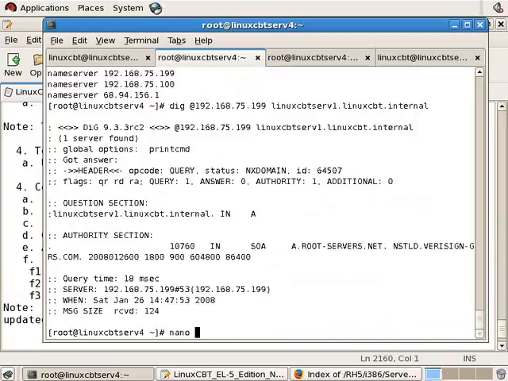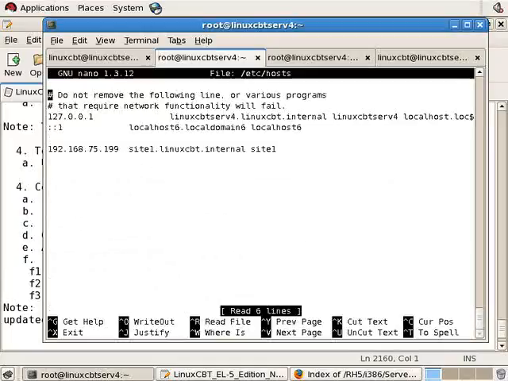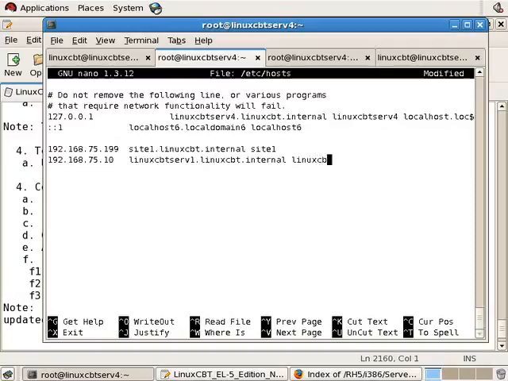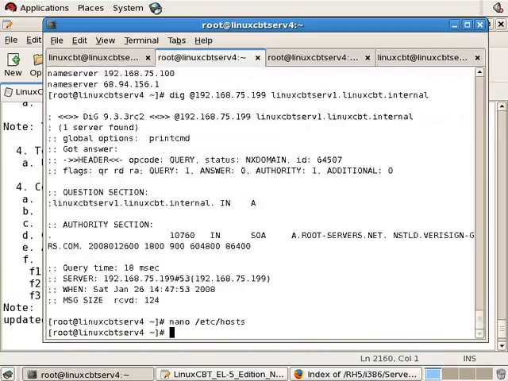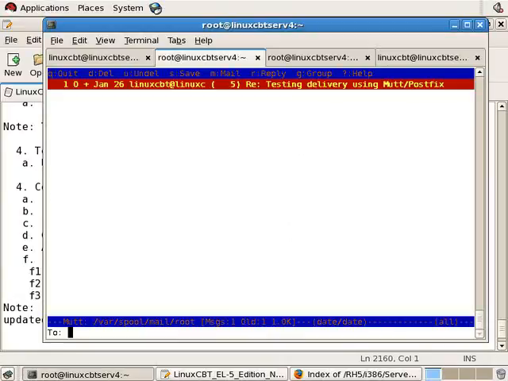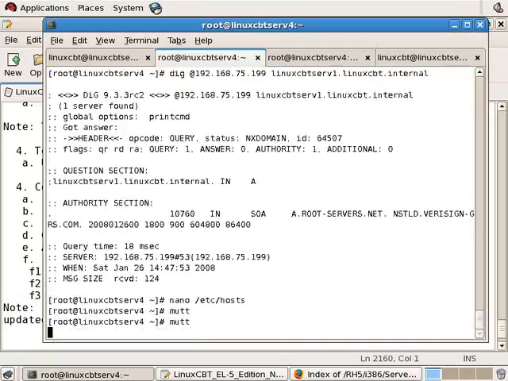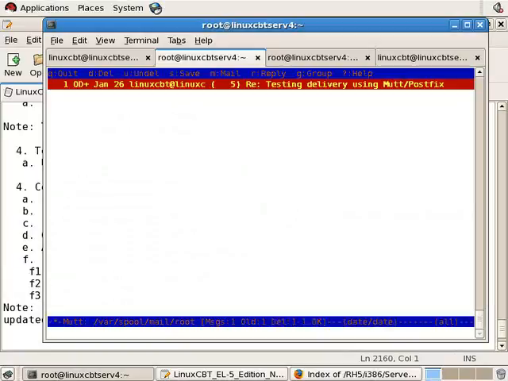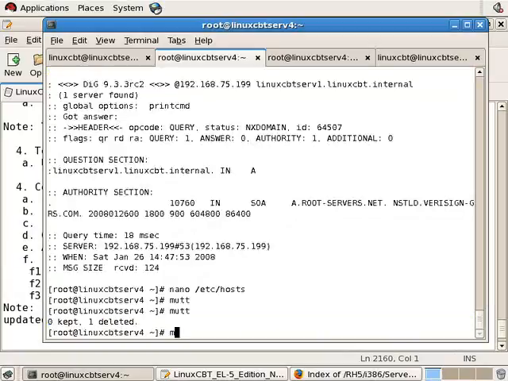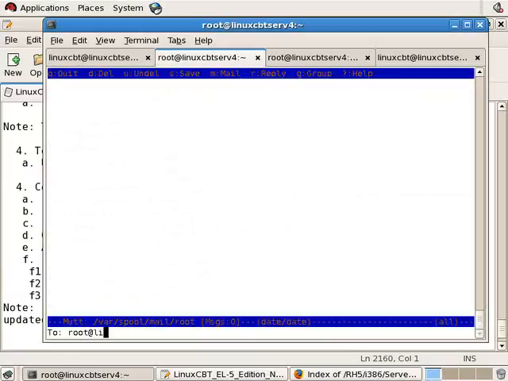So with that said, if we place an entry into etc hosts for the host, 192.168.75.10 for Linux CBT serve 1, Linux CBT.internal, and a short name of Linux CBT serve 1, and then attempt to send the message using mutt, new message off to root at Linux CBT serve 1, Linux CBT. In fact, we can just change the current message or reply to the original message. We've deleted it, so we'll create a new message off to root at Linux CBT serve 1, internal,